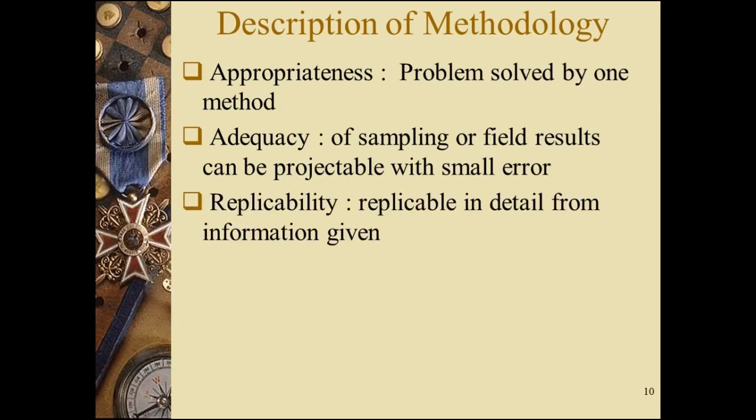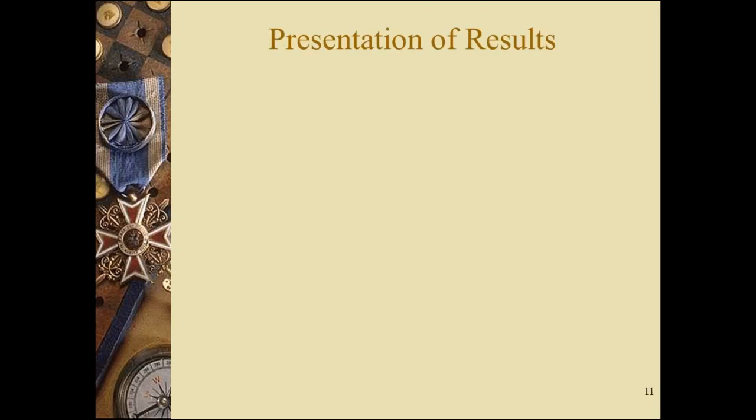So therefore, methodology has to be presented very carefully with appropriateness, adequacy of it, then replicability. Now, what is replicability? Whether your results can be reproduced, or have you reproduced somebody else's results or somebody else's study. So you have to be specific on the replicability of your study. So now let's move on to the presentation. Anyway, I'm going to show these steps more elaborately, more descriptively. So let's move on quickly. Presentation of the results. Now your results have to be presented in all completeness.